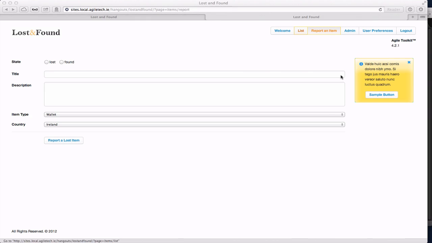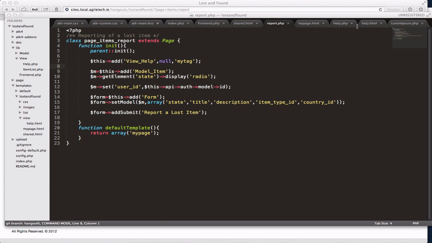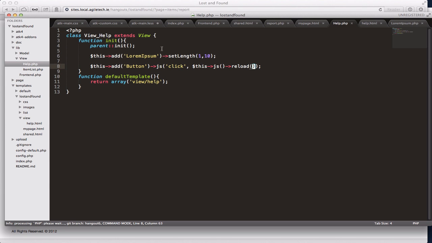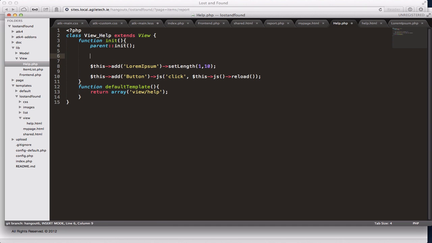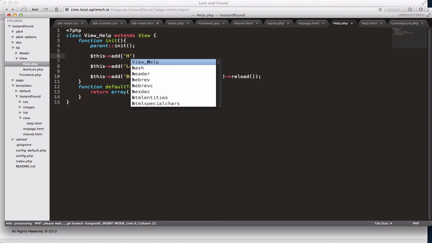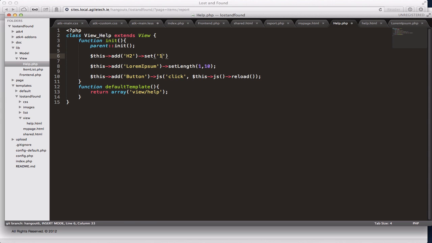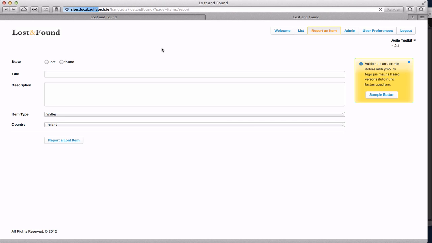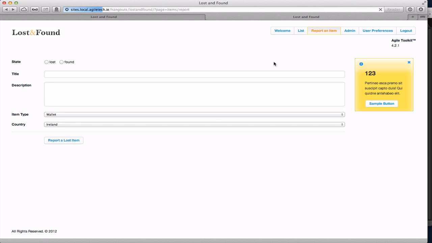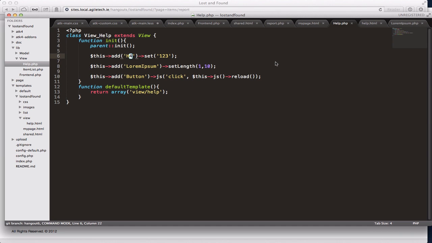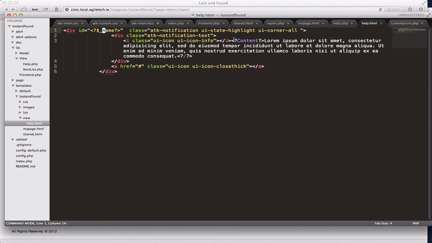Okay, so right now I'm inside this help view. I'm just adding lorem ipsum. I can also add a couple of other objects, which is handy to use. H2 1, 2, 3. That's going to be a header of help. Too big. Maybe H4. Okay, that's not working. If you look inside here,